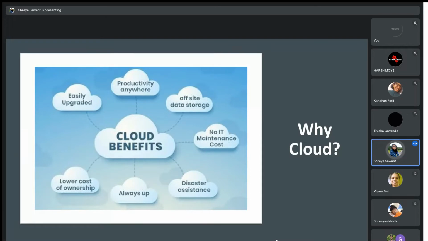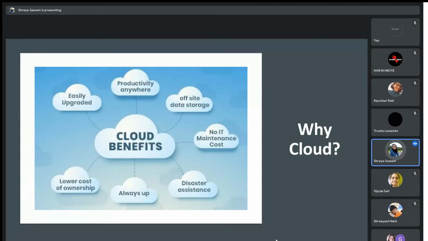You just need internet access. Then it's great for offsite data storage. If you have an organization with a huge amount of data to store, you don't have to use your own infrastructure. You can use the cloud. Then again, maintenance cost is all taken care of by the cloud service providers.